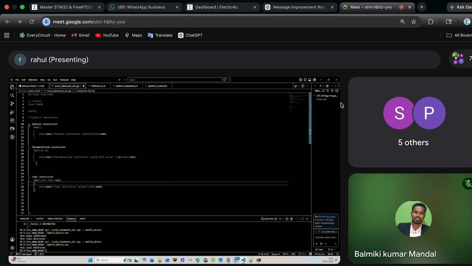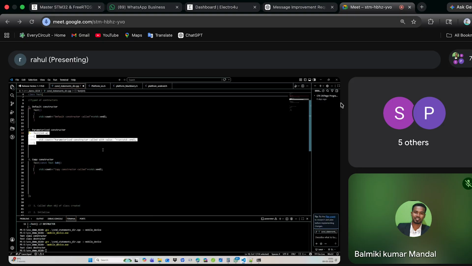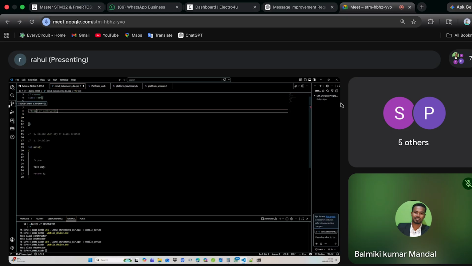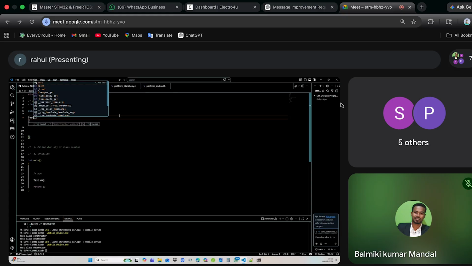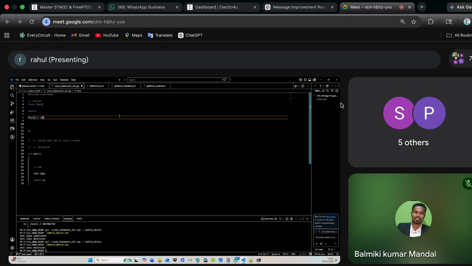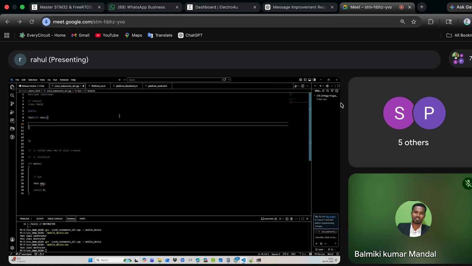Maybe we'll first see these two here. The default constructor, we already had a look at. Now we see the parameterized constructor. How can we call it? So let me remove this. Now I am creating a parameterized constructor in Data.